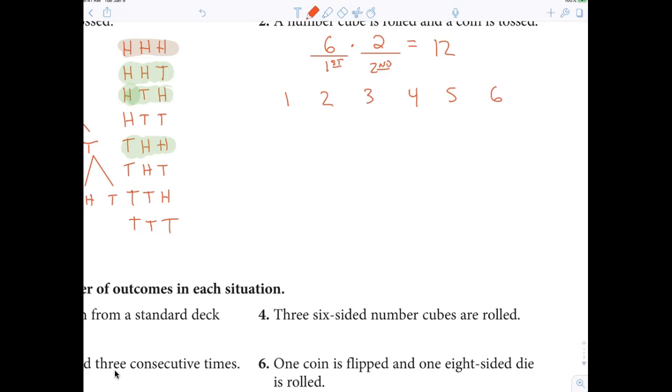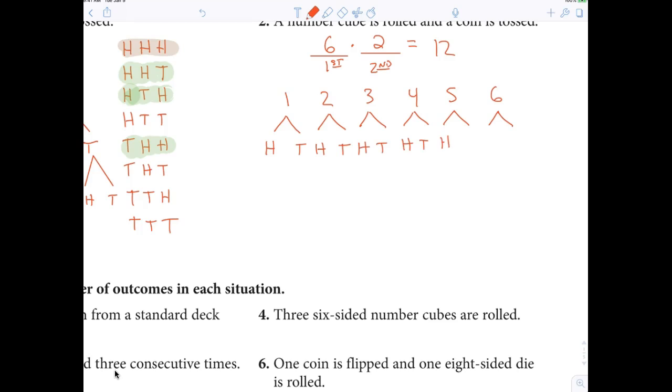That's your first selection. Your second selection is when you flip a coin. How many outcomes do you have when you flip a coin? 2. So you're doing your branches here. And then each coin can be flipped as a what? Head or tail. So you put H, T, H, T,